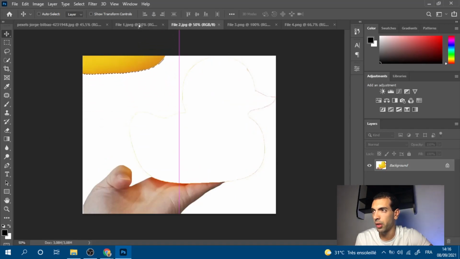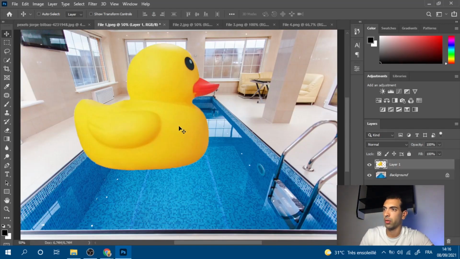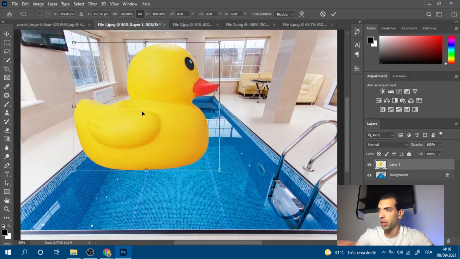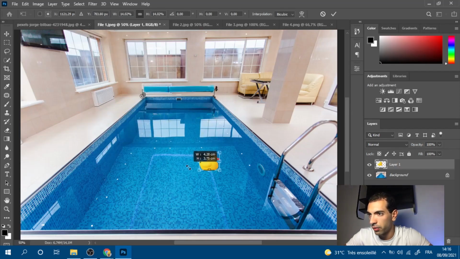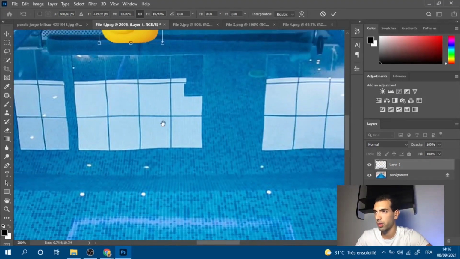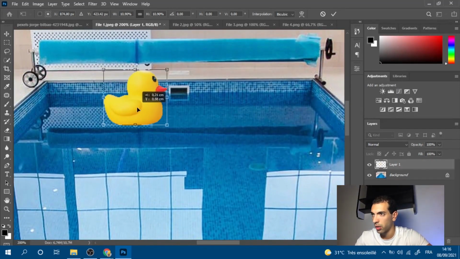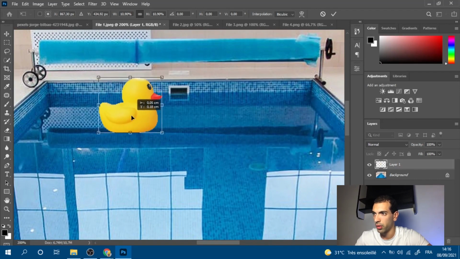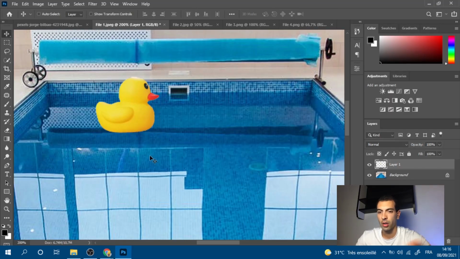We use the move tool. We take it from here and we drop it in file 1. Control T, we reduce the size, we make it very small, just like this. We can zoom, Control plus, and put it right here, and then click on commit. Okay,